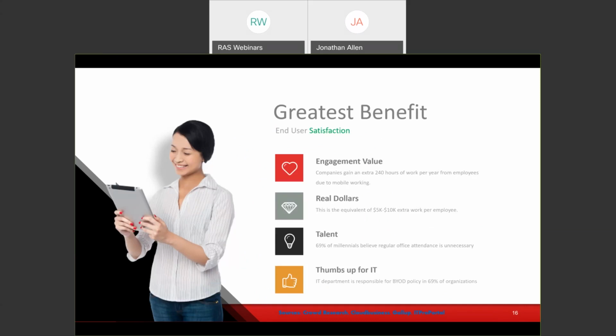This can literally mean $5,000 to $10,000 of extra work for an employee through your organization. How about putting that in a spreadsheet for you for an ROI calculation, where you can go ahead and show, by instituting this virtualized capability, we're going to increase the level of work that our knowledge workers are doing by X%.